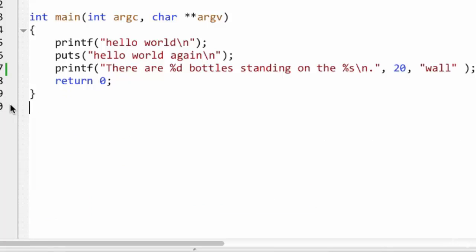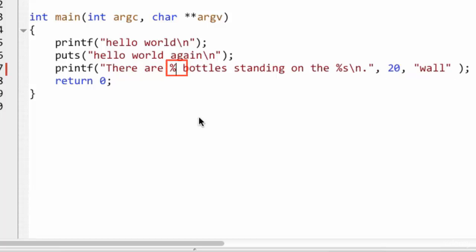Printf is such a useful function that it's worth getting familiar with its use, but also beware. There are dangers here. C is not going to save you from any accidental errors you introduce. When it substitutes the values that you've put after the main string, it relies upon the programmer to have made sure that the values here are of the same types and the same numbers of the format specifiers in the string. Here I've got %d saying it's a decimal or integer type. What if I replace that with an %s which says it's a string type? Well, let's try it. Build